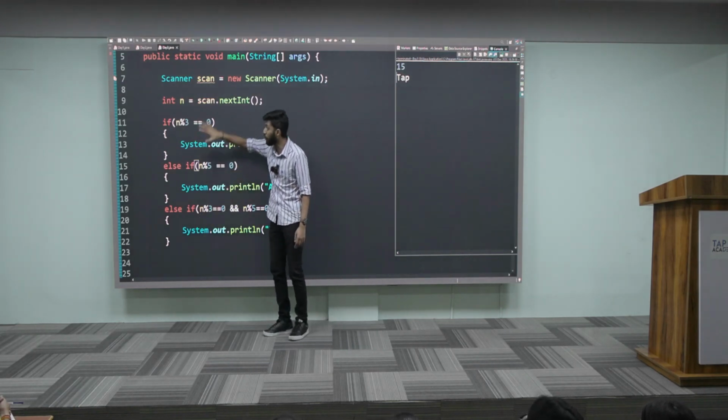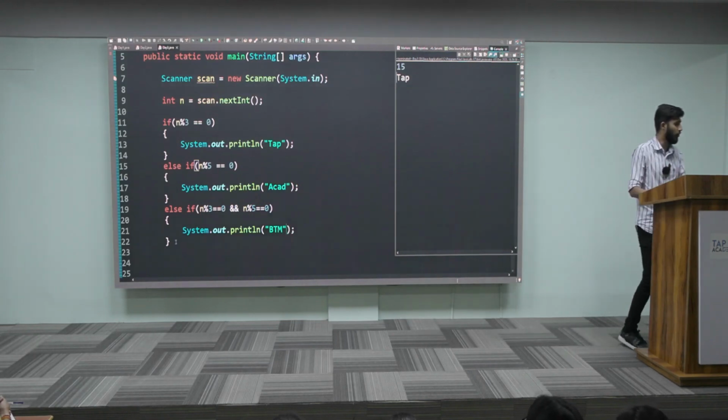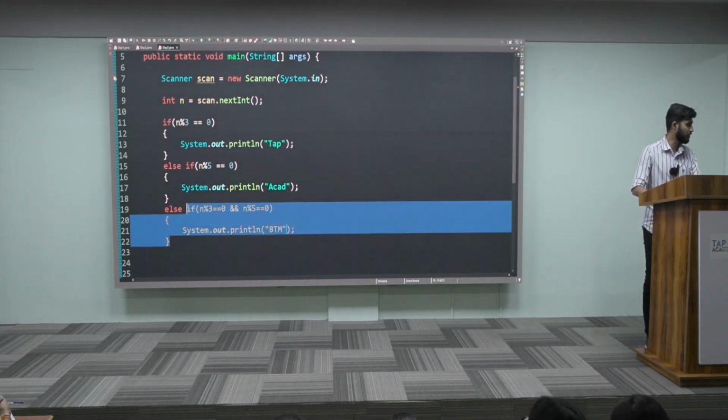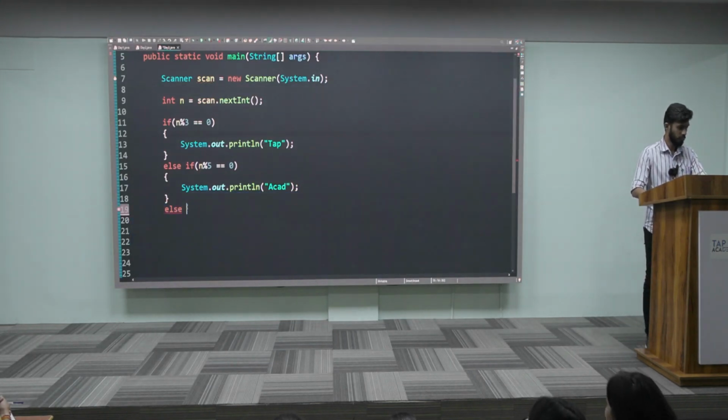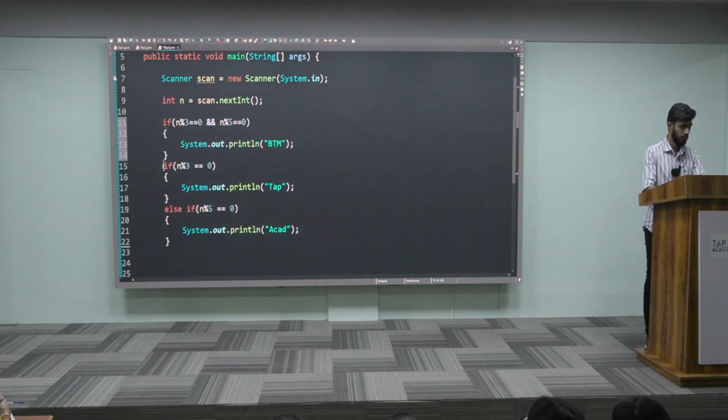Last condition should be put on top. That's all you need to do. So all we need to do over here is take this particular last condition and put this as the first condition. Now if you execute this,